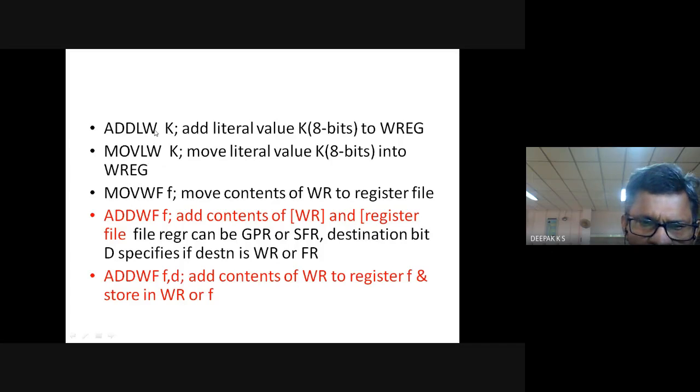One is how to add a literal value. First, how to move a literal value to a working register. Then to add a literal value to the value in the working register. Then we had seen how to move contents of working register to register file. We had seen that register file of PIC,